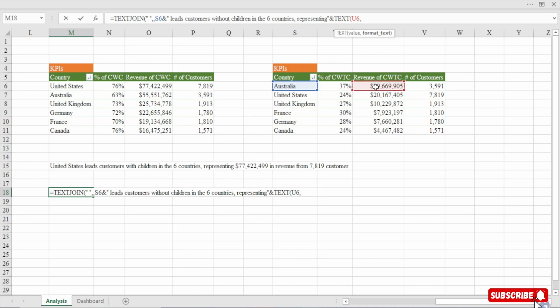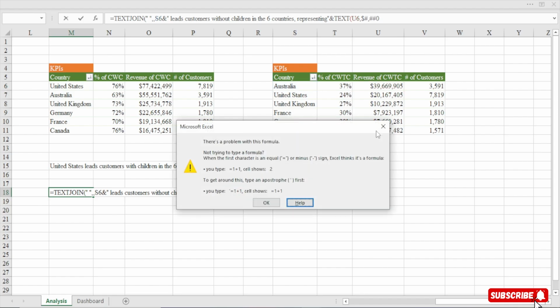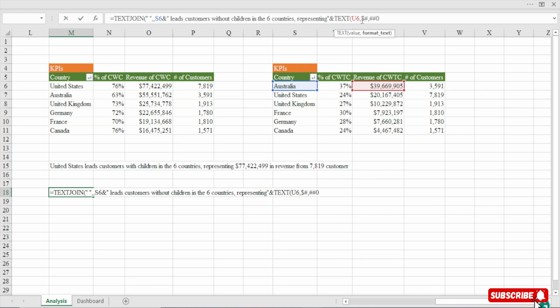You want first the dollar sign, hash, comma, hash, zero, and this should be in a double quote like this, right? And then we can end it, and then concatenate it with the ampersand sign, and then we can say representing this in revenue